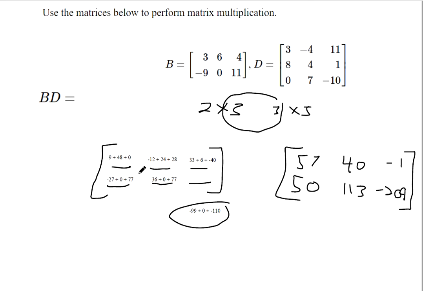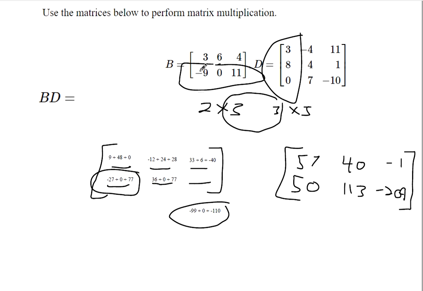Going back here, it looks like I made a mistake. This was second row, first column. So second row, first column. -9 times 3 makes -27. 0 times 8 makes... Oh, this should be 11 times 0. So this should have been -27. So going a little too fast there. But